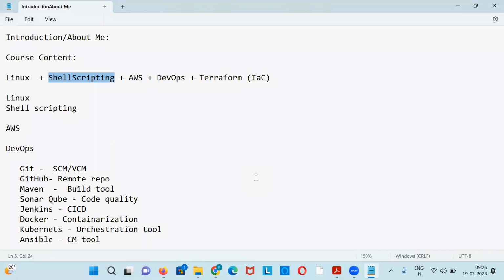CI/CD pipeline scripting is different. Shell scripting is only for automation, just for your understanding. Tomorrow, if you have repetitive tasks or want to investigate something directly, you can use shell scripting; we are not going to involve it in DevOps now. Platform knowledge is required, similar to scripting knowledge. That's why I'm giving you a heads up. Tomorrow, based on that, you will convert and get involved in the automation side.